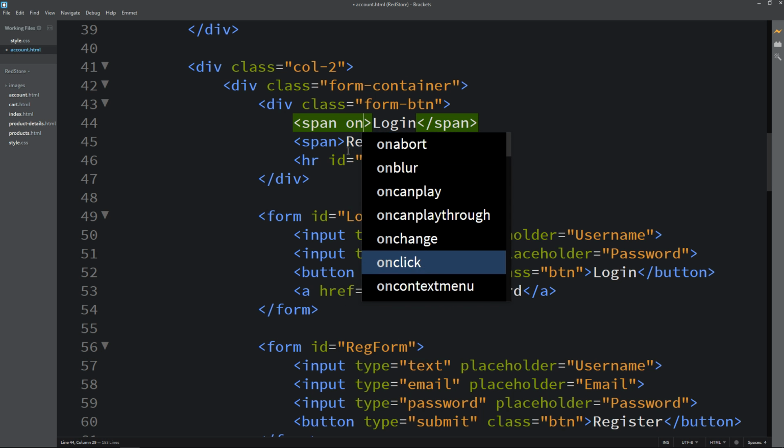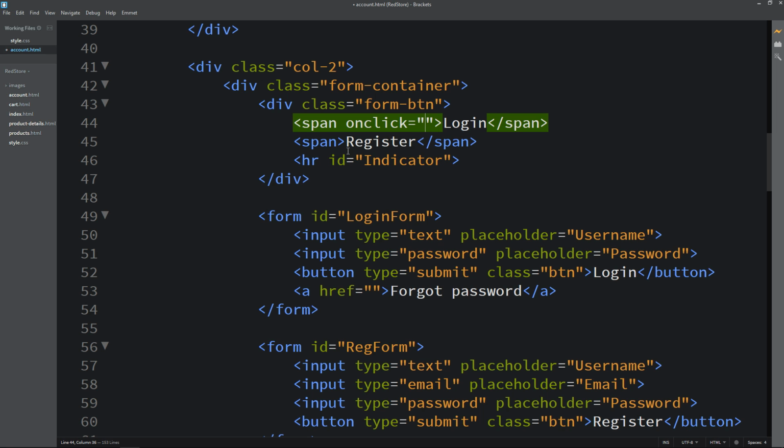So here I am adding on click equal to one function name here. So I am writing login like this. Let's copy it. We will add it into the second one. So it is register. When we will click it, it will execute the function which is login or register.